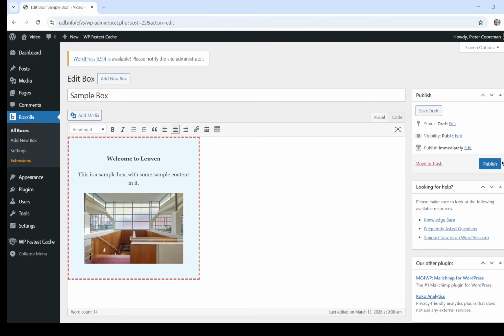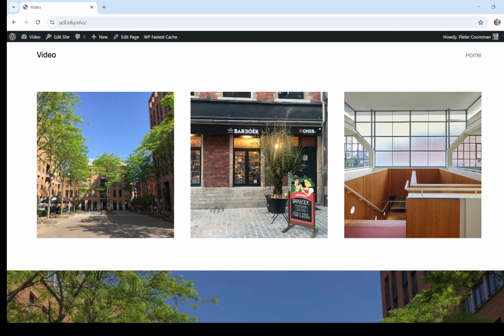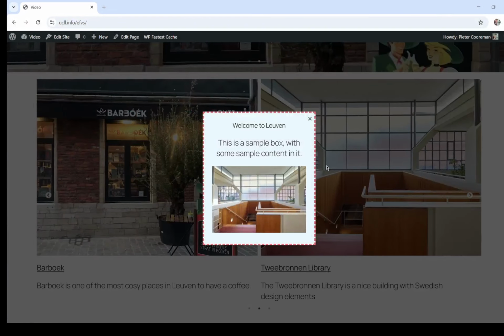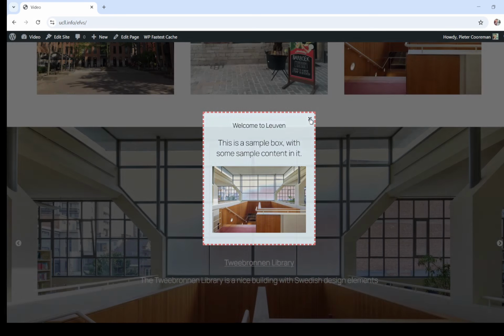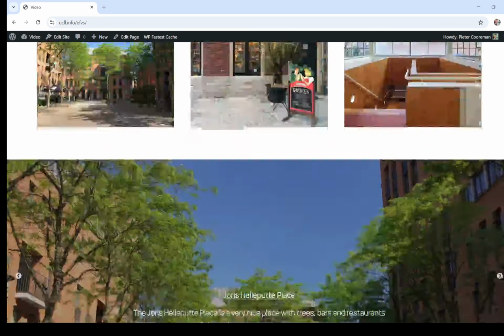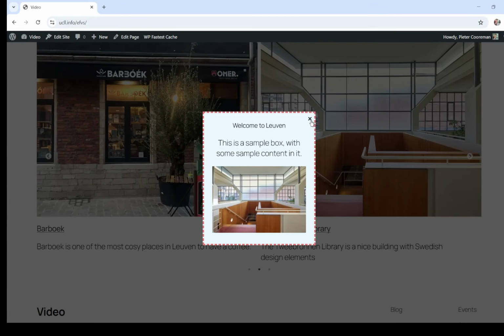So let me publish it as is and see if it works, because that's obviously what needs to be done here. When I now scroll down a little, at 65%, there we are, the pop-up appears. I was at around 65% of my page height, and it now appears. However, when I close that and refresh, it's still appearing because I did not set any cookie